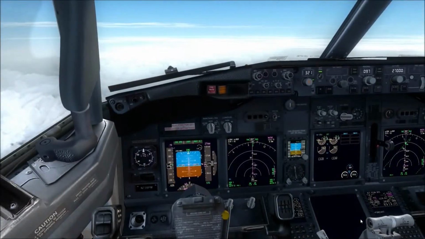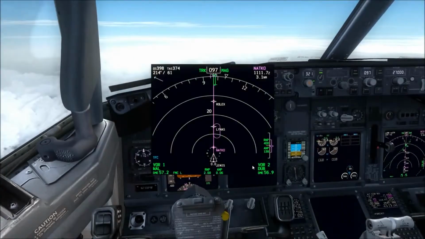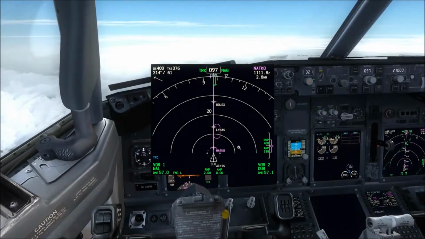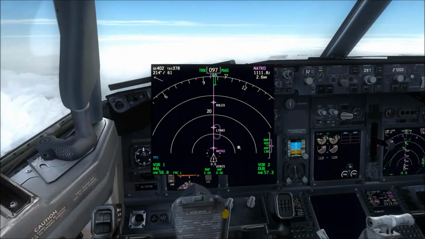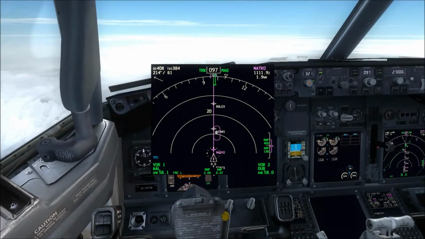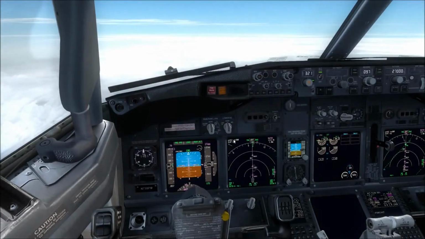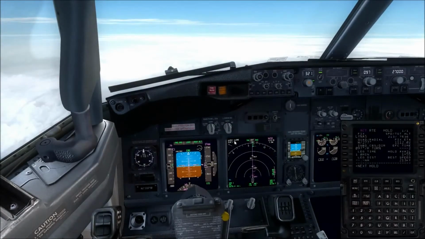Okay, I've now exited my previous hold, but now I have another hold inserted into the flight plan. Now a question I've been asked before is how to remove holds from the flight plan, because sometimes they are inserted by default on certain arrival routes to busy airports. So the way that you would delete a holding pattern from the flight plan if you didn't want it or need it anymore